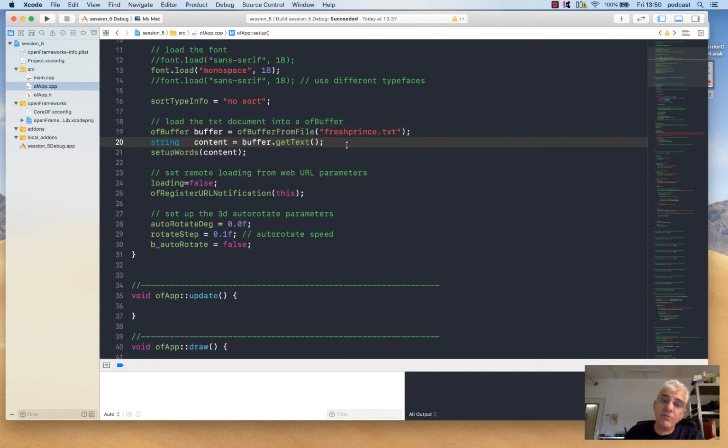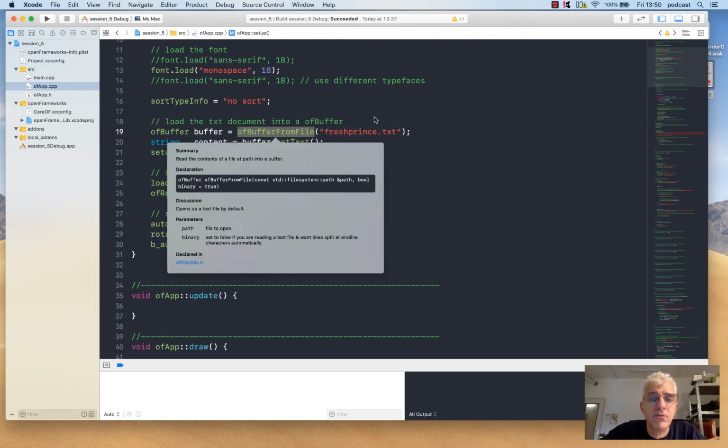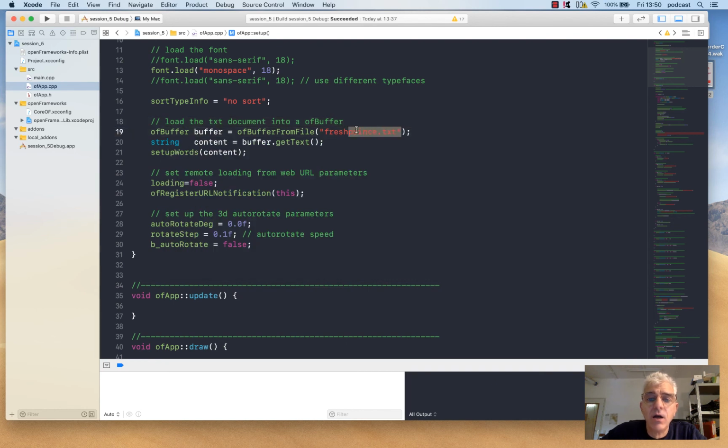into a buffer and then into our content. So we're going to use the openFrameworks buffer object, which is a place that we can load things in. We're going to make a new one called buffer, and we're going to use the method buffer from file and ask it to load in this text, freshprints.txt. And for a whole range of unexplainable reasons, this is the lyrics to the theme song from Fresh Prince of